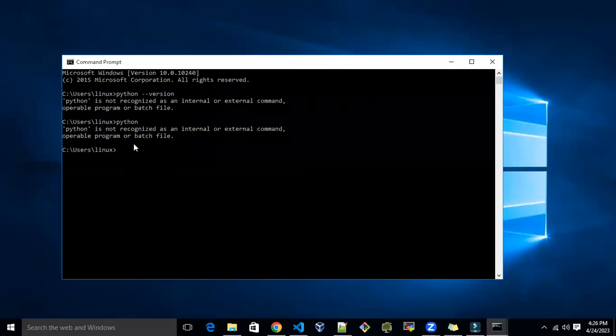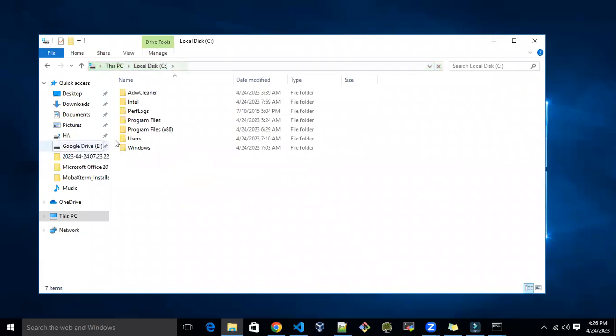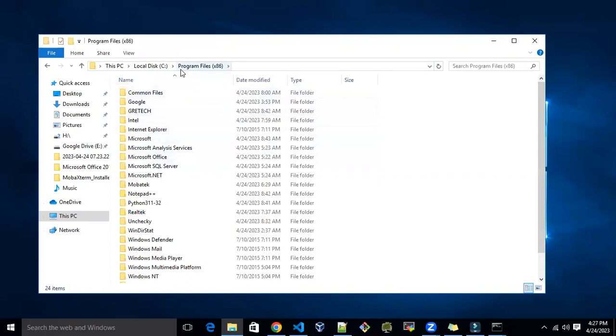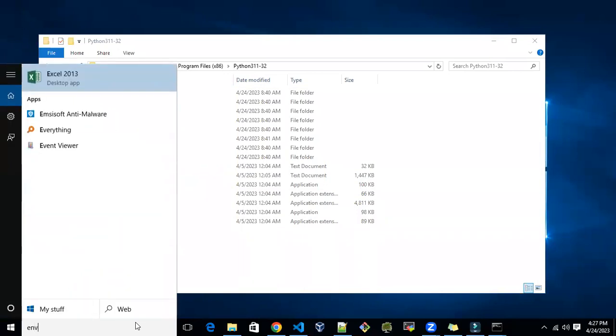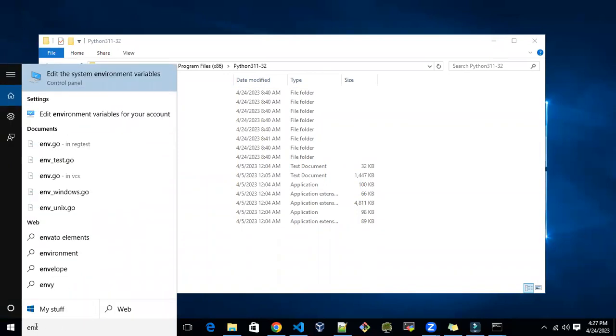To do that, you have to go to the C drive first, and you have to check whether Python is installed or not. I go to the Program Files x86 and look here. There is Python 3.11 and 3.2. I copy that path and go to the search bar, type environment, and just typing environment, you will see that